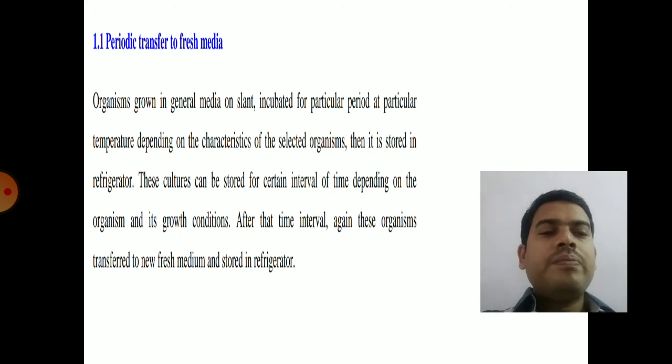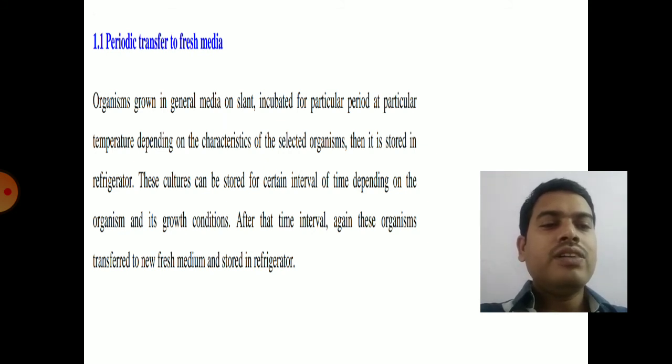So the main problem with this transferring is that after repeated subculture, there is a possibility of strain change of the bacterial species due to mutations, because the cultural conditions will be varying. If you are subculturing by maintaining all the cultural conditions exactly, without any variation in temperature, pH and osmolarity, then there is less chance of strain deviation. So like this you can store the bacterial species, but you have to maintain these bacterial species for longer times without contamination.